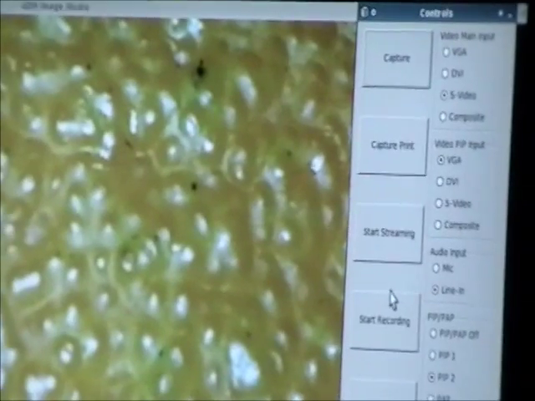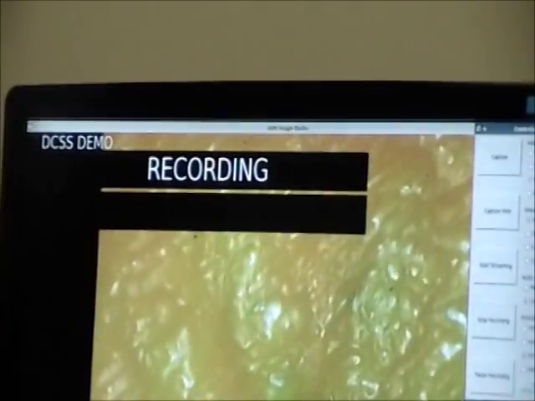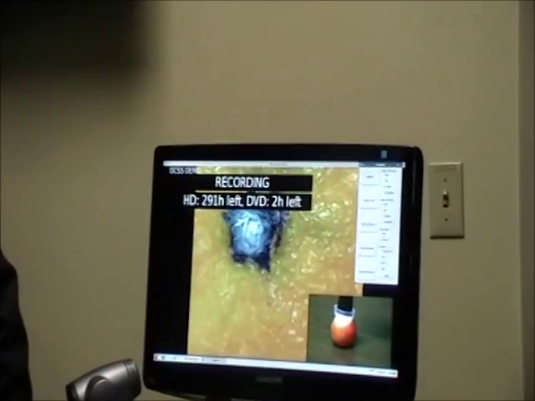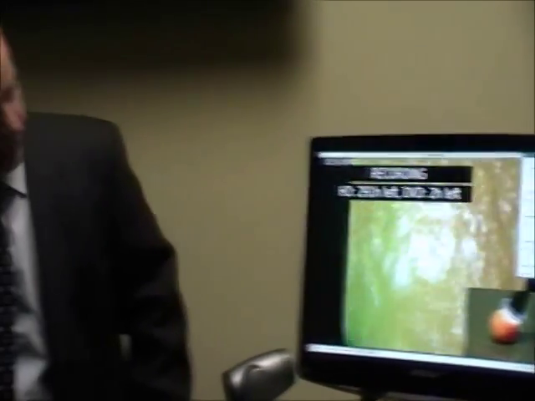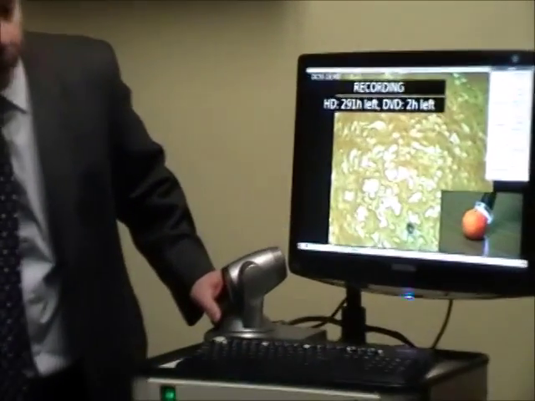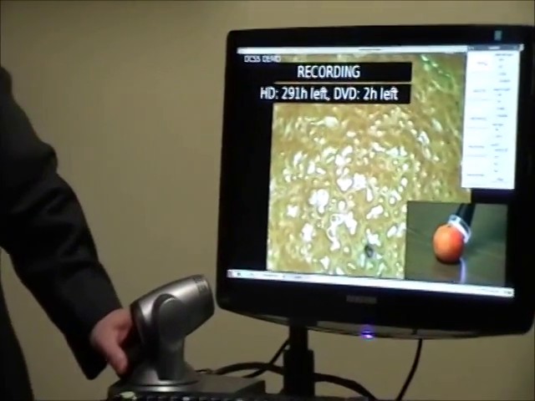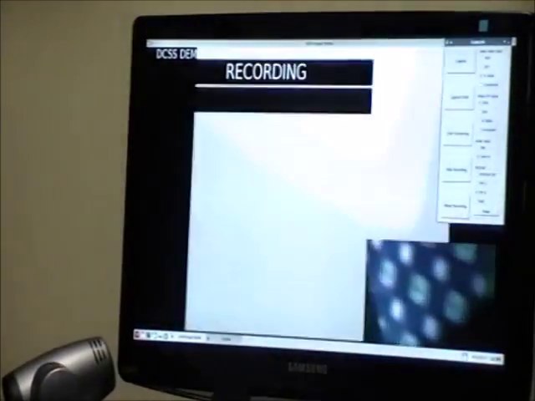Now let's say that I want to start recording, taking a video, so I can move it around the patient's skin or surface or get more information on the area of interest. So I start recording. Then I could just start moving the handheld camera around the different areas of interest on the patient. You can see you can get very high detail here. And let's say we going around the patient's area of interest, we find another spot that we think looks interesting. While we're actually doing video record, we can still take pictures, so that can be very helpful to get both views. So let's take another picture,